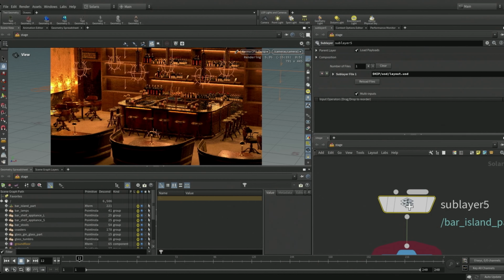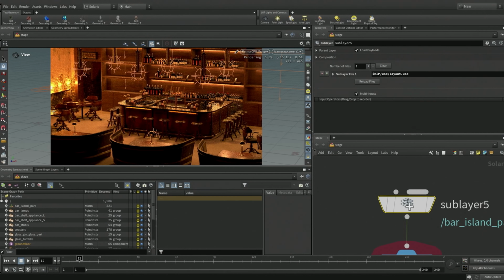The reference lop allows you to additionally pick where you want it to exist in the scene graph tree. When we use a sublayer lop, it will load all the primitives in the USD file. And the position of those primitives in the scene graph tree will remain unaltered.